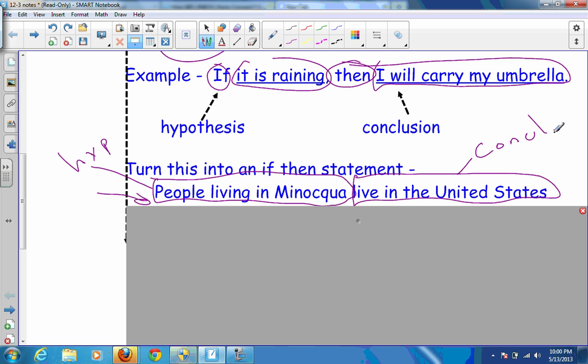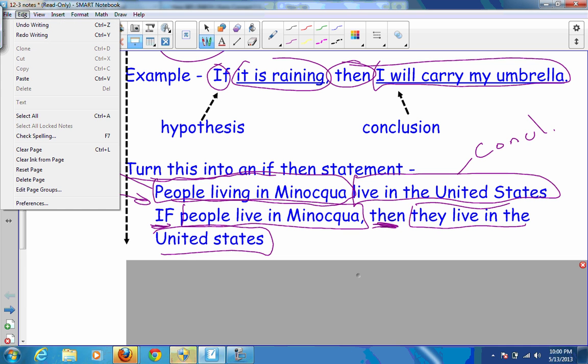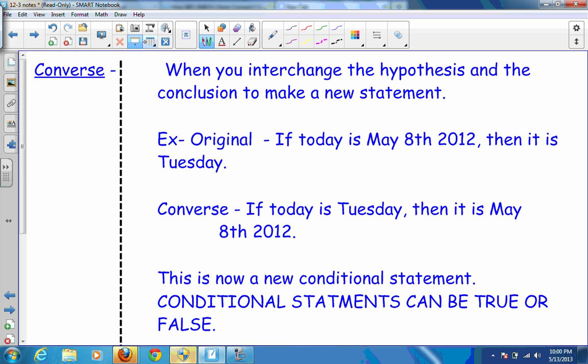And now the question is asking us to turn it into an if-then statement. So this is what it looks like. If people live in Minocqua, then they live in the United States. So that is our if-then statement from this original sentence. I'm going to clear this because we're going to come back to it. Now, converse